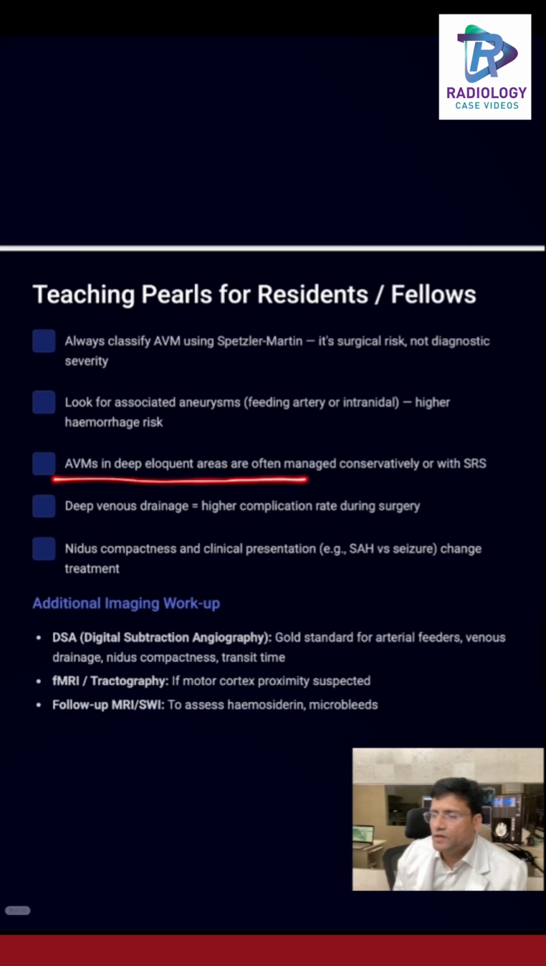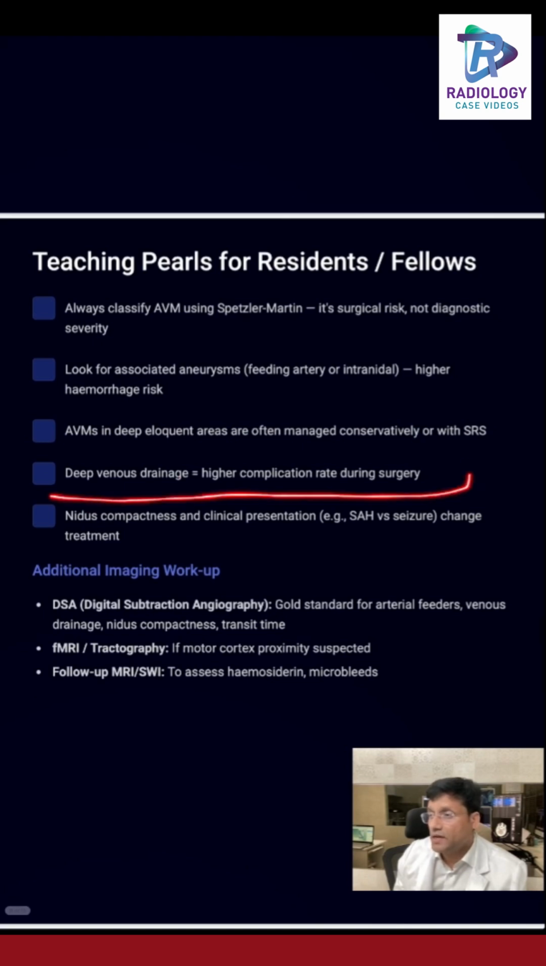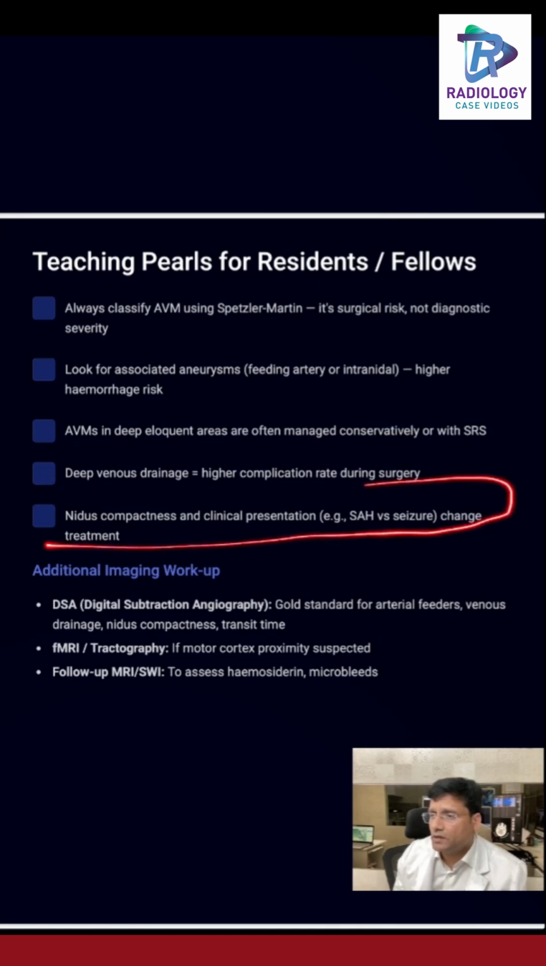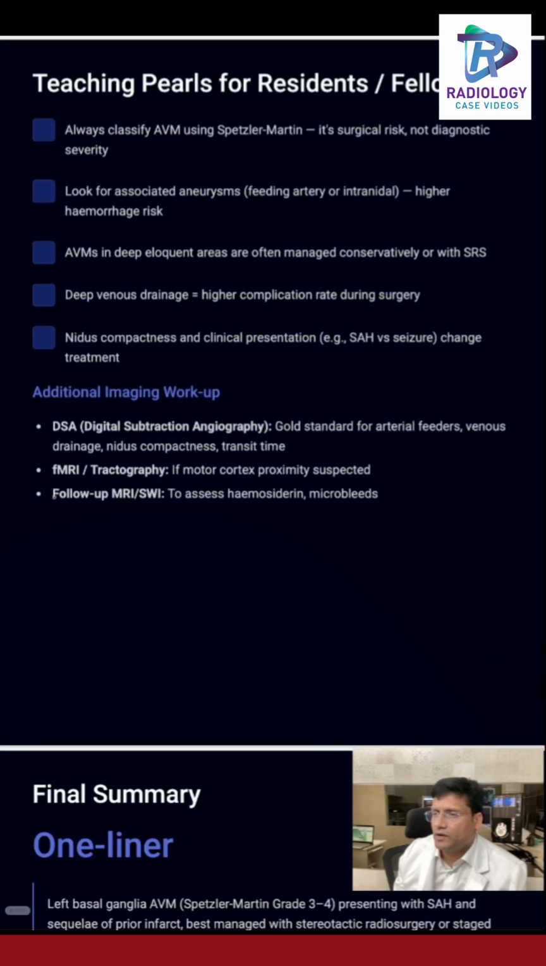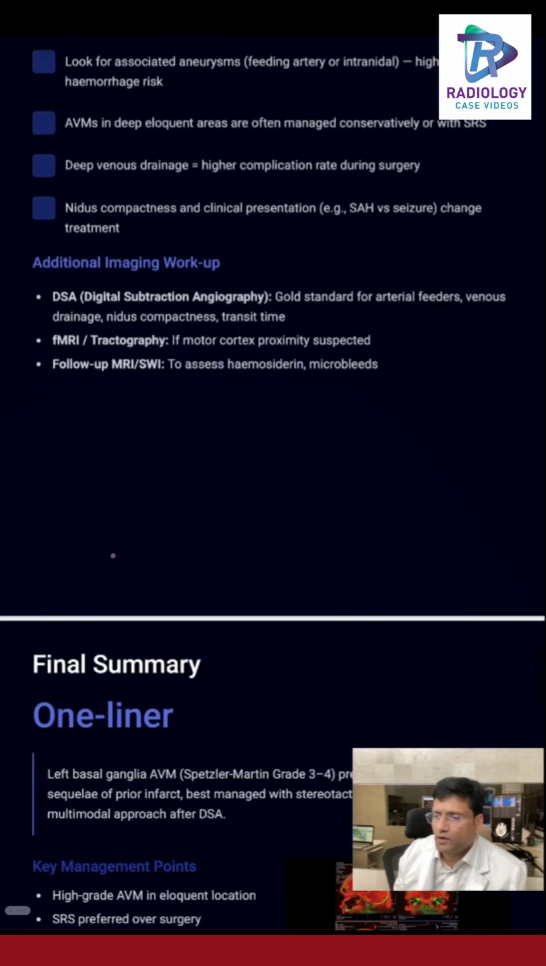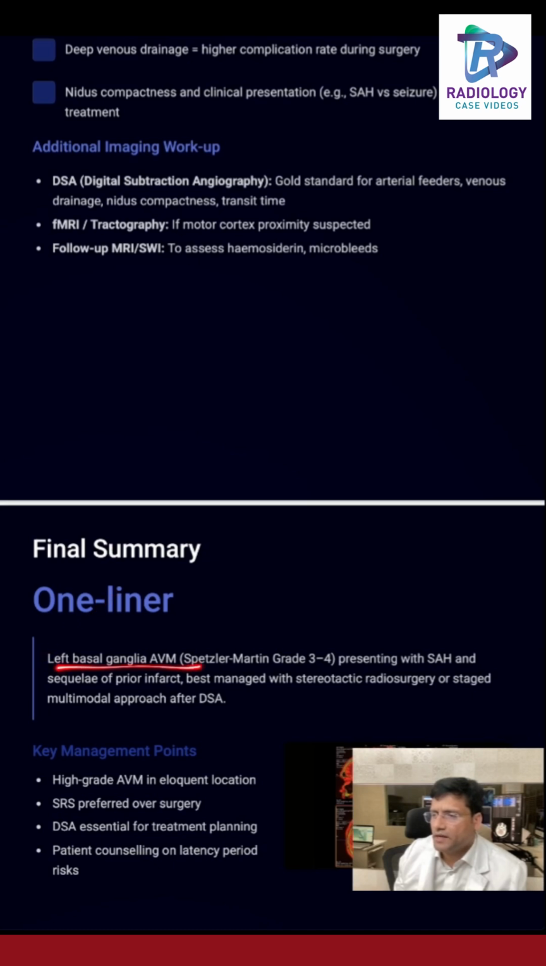Subsequently, AVMs in deep eloquent areas are often managed conservatively or with SRS, like in our case. Deep venous drainage has a higher complication rate during surgery. This is one factor which is detrimental to the patient. Nidus compactness at clinical presentation will definitely change the management. In our case, an additional workup could have been done with a DSA and tractography to look at what fibers are involved. The final one-line summary is: left basal ganglia AVM, Spetzler-Martin grade 3/4, presenting as SAH and prior hemorrhage, infarct, encephalomalacia,